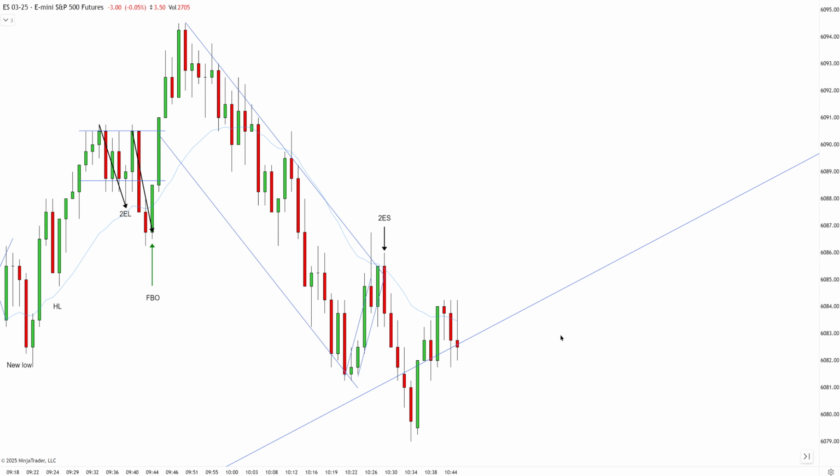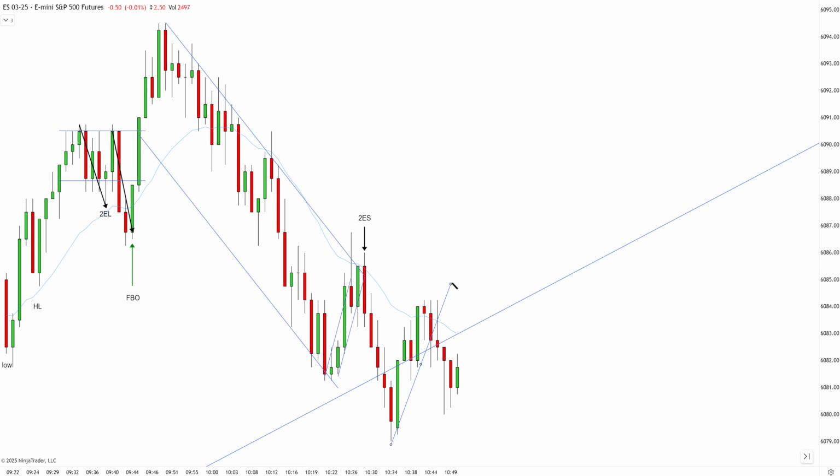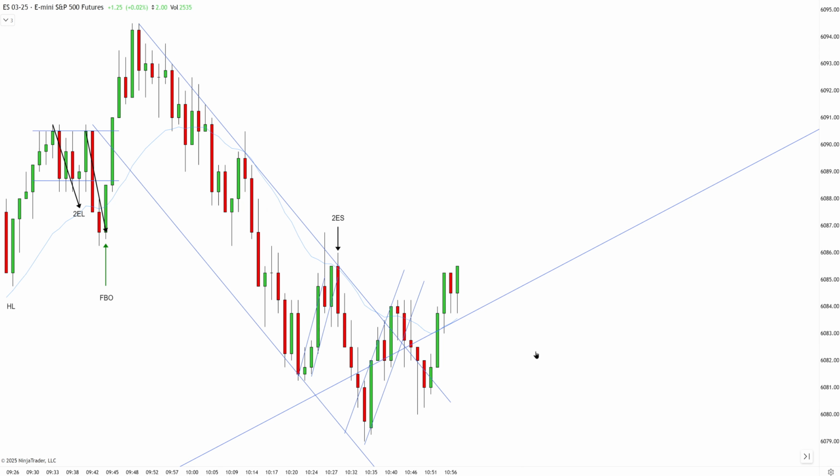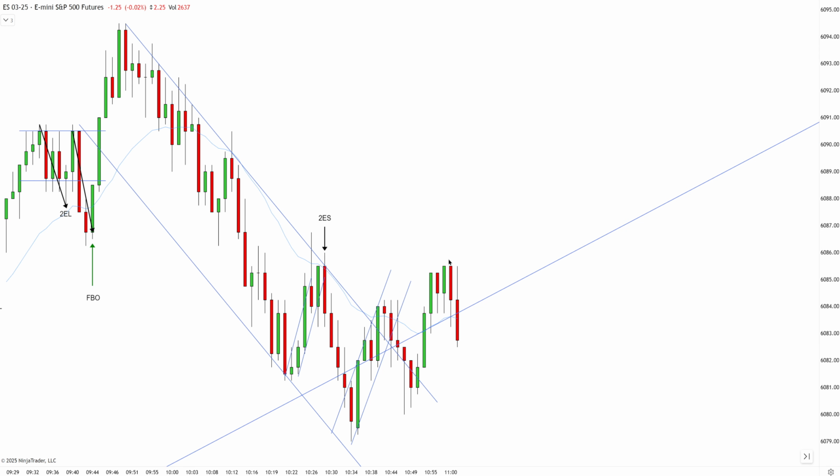Market keeps going lower now. I would definitely not think about selling. I cannot go long just yet. We're below EMA. I can only go long if we get a push above EMA and some failed second entry short. Okay, that's the only opportunity for me to go long because we don't know how long this pullback is going to be. One leg up, break, second leg up.